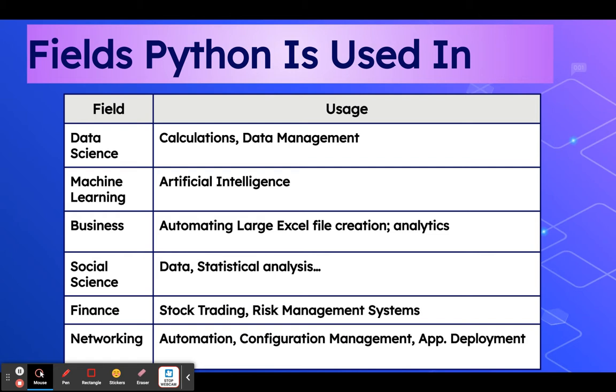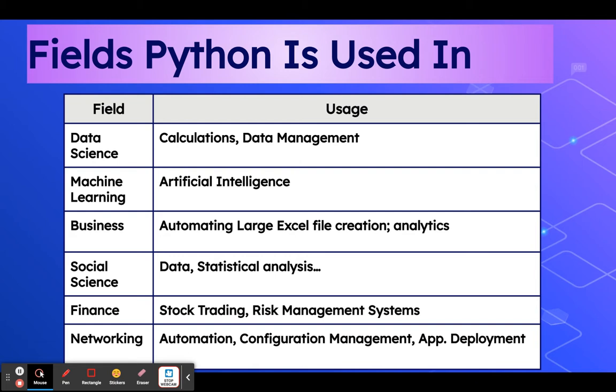Social science, data and statistical analysis, financing, stock trading, risk management. A lot of the financial companies, the big ones, use Python. Networking, a lot of automation, configuration management, and app deployment. So those are the fields.